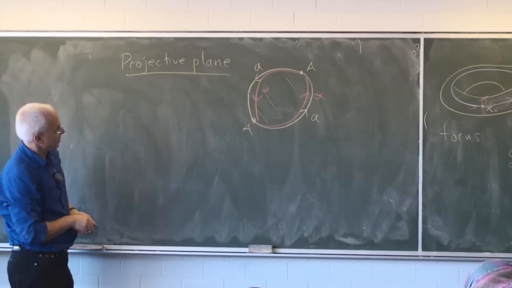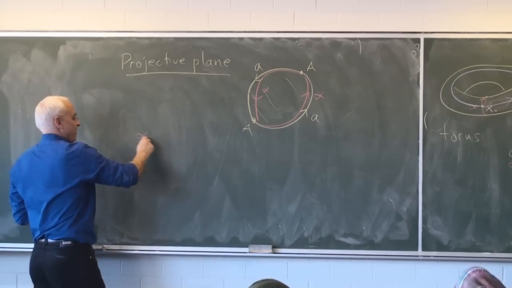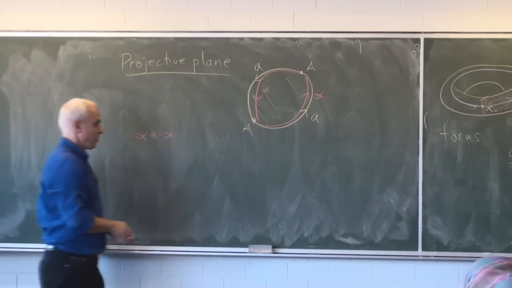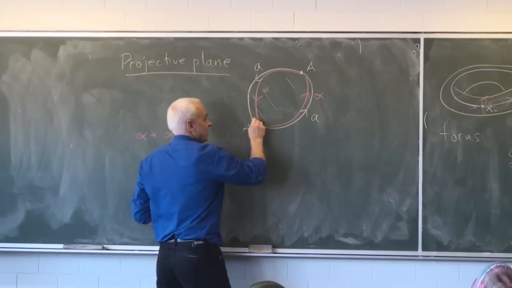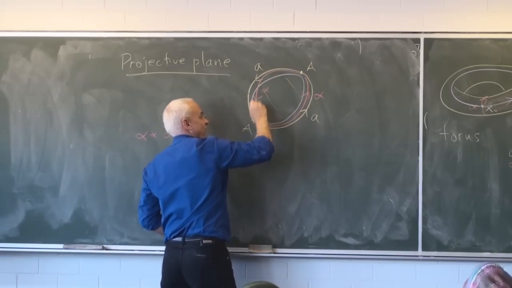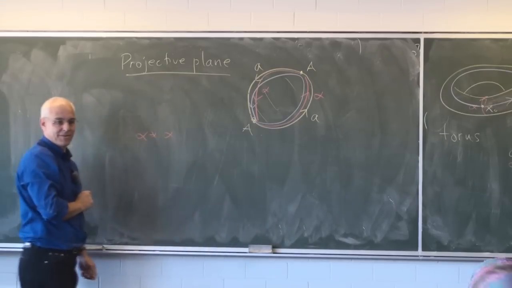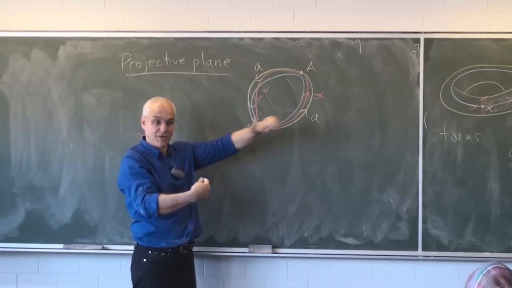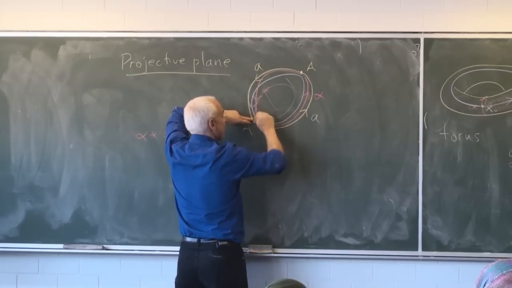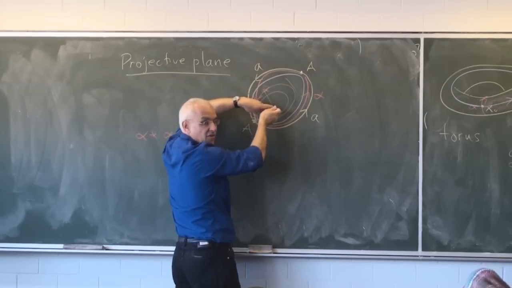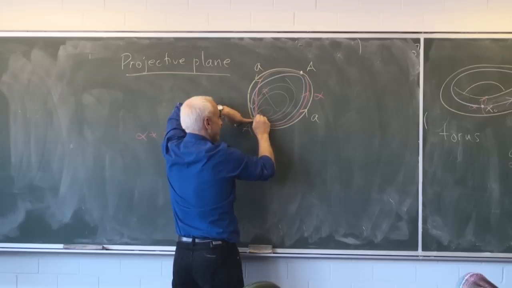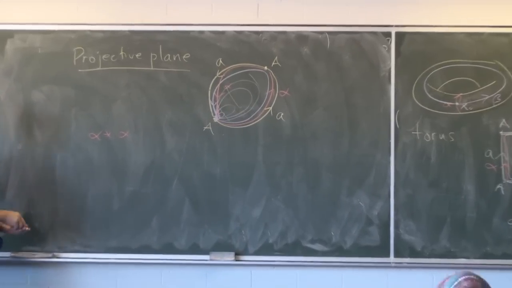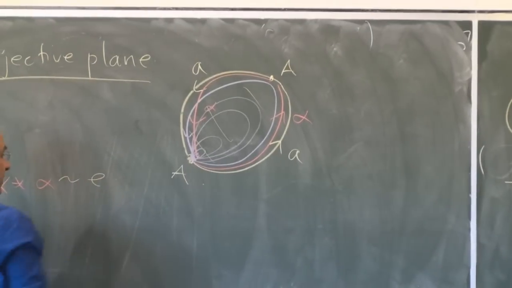And what happens here is something rather curious, is that when you take alpha times alpha, then you're talking about the combined loop that goes all the way around in this model, and that's obviously null homotopic for exactly the same reason as we had over there. You can continuously homotope it within the space to the constant loop. So this is homotopic to the identity.